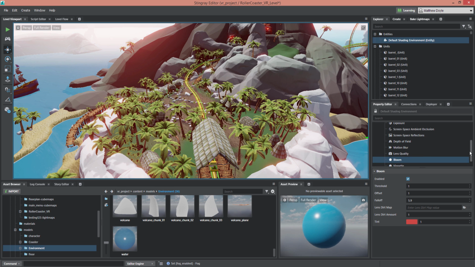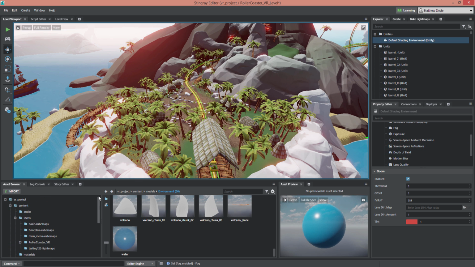It's really important. Any stuttering or ghosting will have a bigger impact on your player because the way VR affects the brain is a little different than just looking at a monitor. Okay, that covers the shading environment. Now, with the shading environment, we also have a settings file that will specifically enable or disable these things